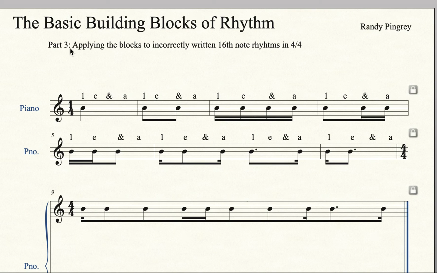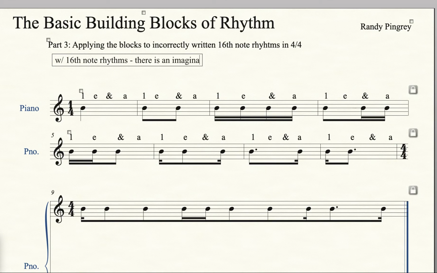Hi everyone. Okay, in part three of this short little video series, we're talking about applying the basic building blocks of 16th note rhythms to incorrectly written rhythms. So I mentioned this in the previous video. With 16th note rhythms,